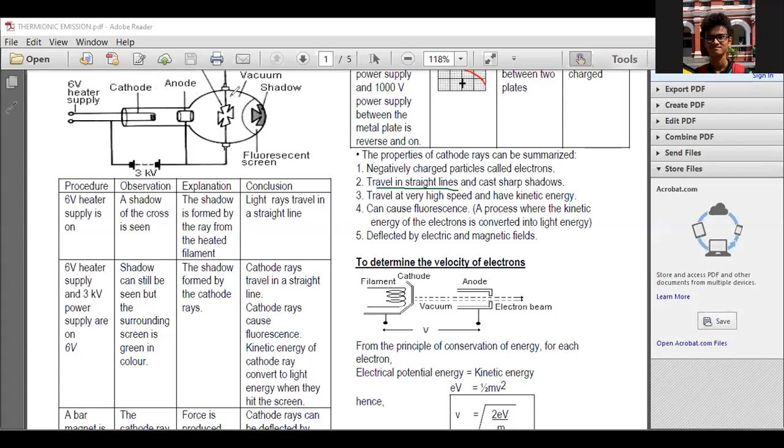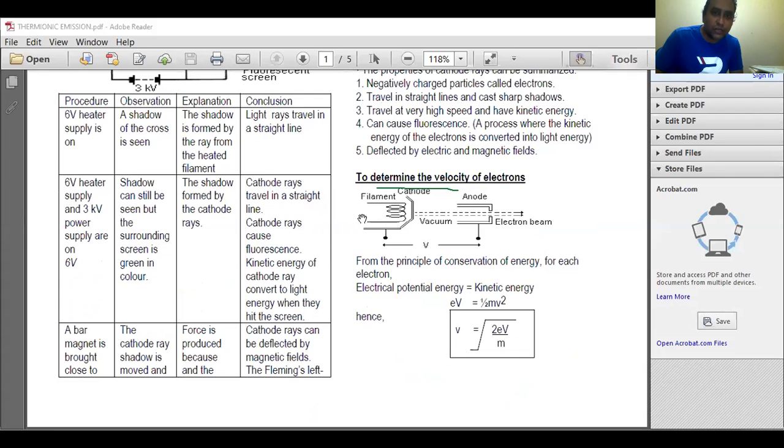Next, we're going to look at how to determine the velocity of an electron. This one involves a formula. Let's say this is your cathode, this is your anode. The cathode is the filament. When you switch on the anode, the electron will start to move towards the anode. That means the electron will gain kinetic energy. Now, where does the kinetic energy come from? The kinetic energy actually comes from electric energy, because when you apply voltage,